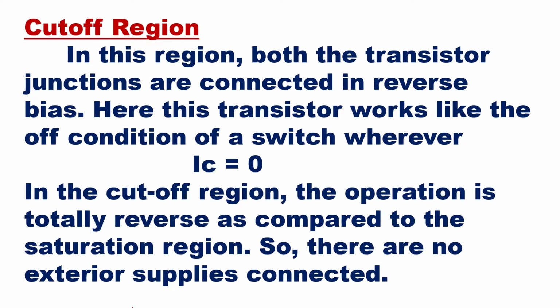So whenever we are drawing a graph for transistor output characteristics, we draw a graph of the output current versus output voltage. And the output current here is taken as a collector current IC. So IC is equal to 0. So here we have shown IC is equal to 0. This is one important thing in the cutoff region, that your output collector current is 0.